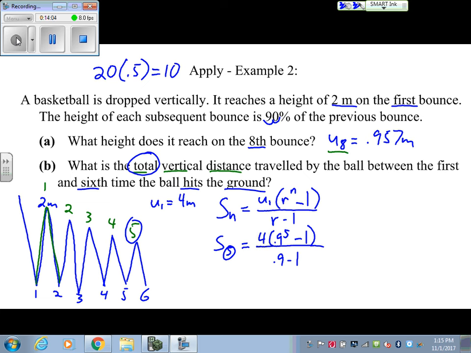Now, many of you would be like, oh, that's just negative 0.1, no big deal. But again, if you're not sure, you can type all this into the calculator just as written. You just have to remember to put an extra set of parentheses around the numerator and an extra set of parentheses around the denominator. And doing that, we can now just plug it all right into the calculator to find our total distance traveled up and down on those first 5 bounces, or in between the first and 6th bounce. So I'm going to plug it in my calculator now. And so I ended up with a value of